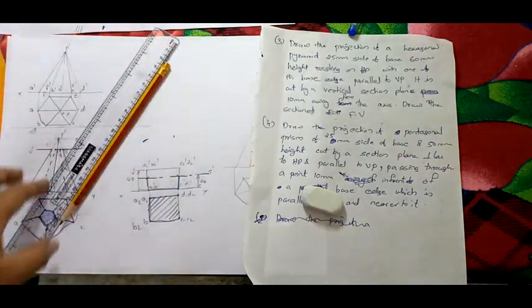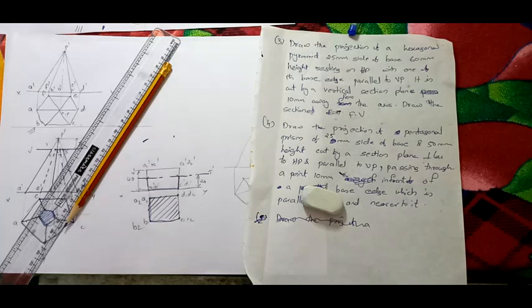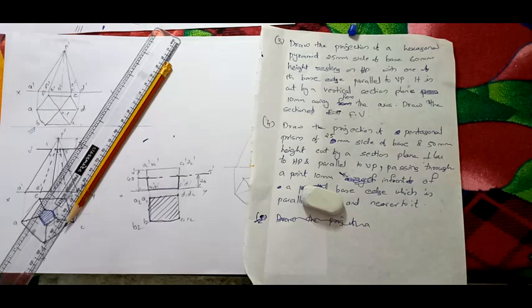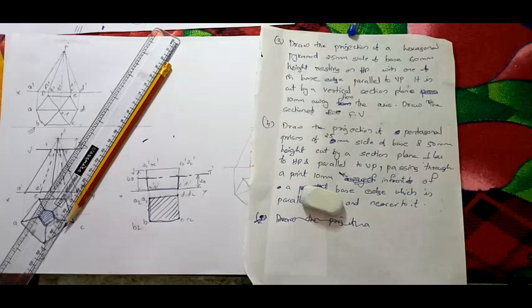One more thing I want to tell you: O dash P dash is the axis. Actually, think about it, it's an imaginary line drawn. I already told you we are cutting face edges and base edges, so inside the prism there will not be any line like that. This axis is an imaginary line, so don't take any point cutting here, don't take axis cutting, it's wrong. Axis is an imaginary line.